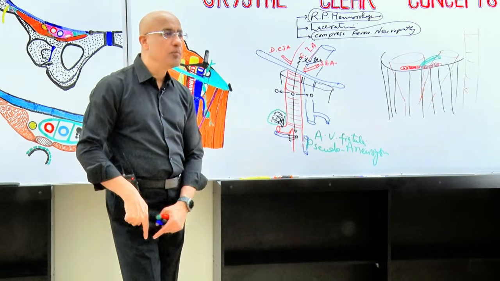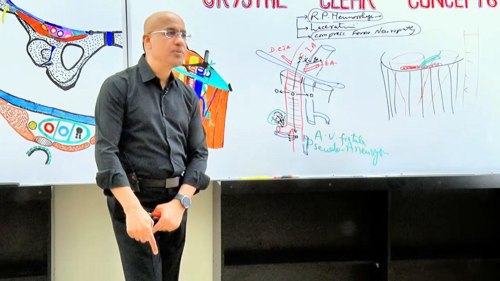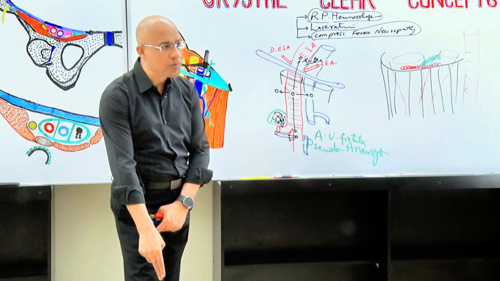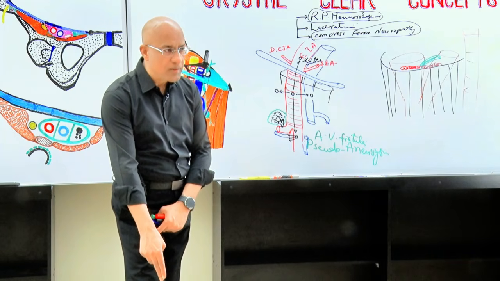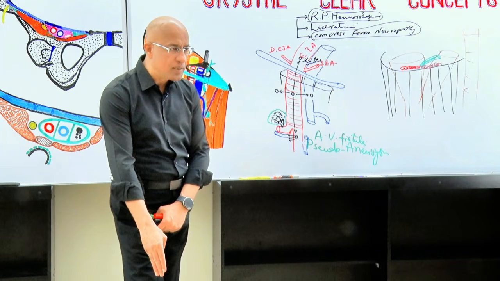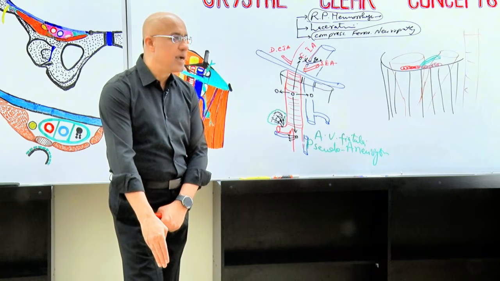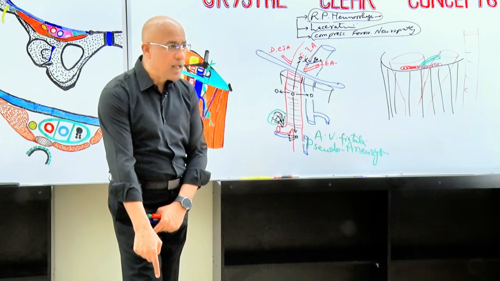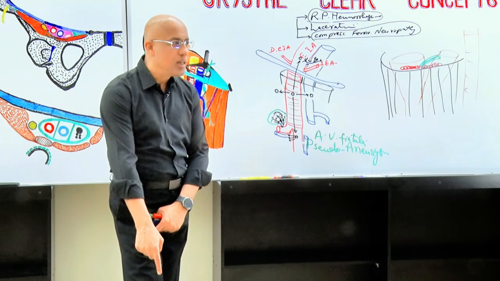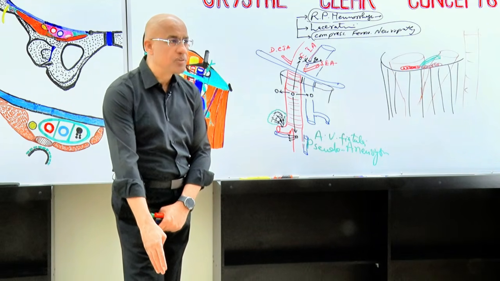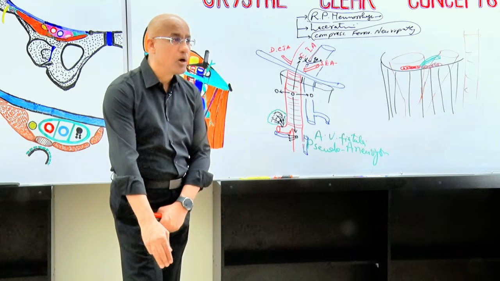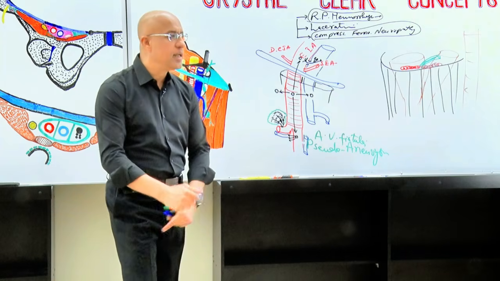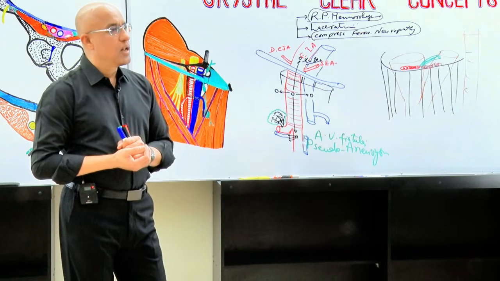So limb ischemia can present with the patient complaining of pain, paresthesias, and weakness, and if you examine, the distal pulse will be absent, for example dorsalis pedis in this case might be absent, or the posterior tibial arterial pulse might be absent, and then there can be